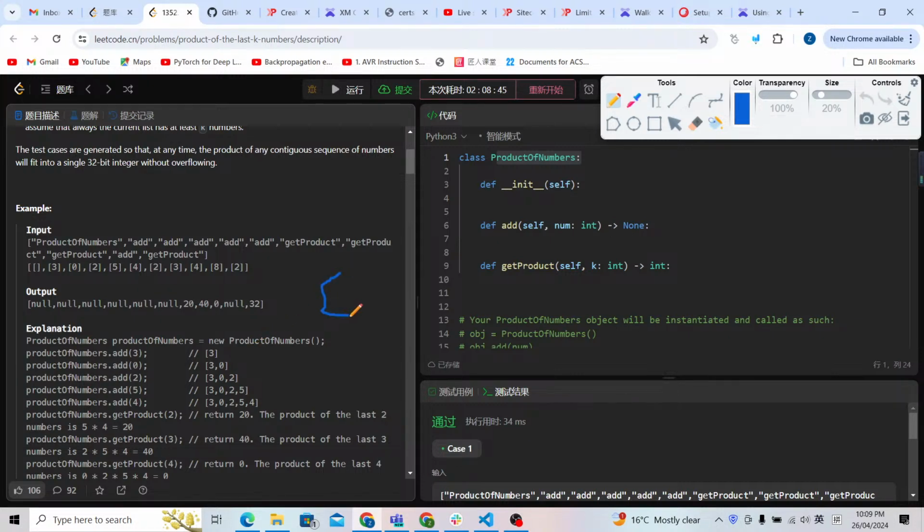For an array, if there are no zeros, it's going to be easy to calculate. For example, we have 1, 2, 3. We can use the prefix sum, but here we're going to use the prefix product. It's going to be 1, 2, and 6. So 1 times 2 is 2, and 3 times 2 is 6. If we want to get the last two numbers, if k equals 2, we can calculate it easily. We can just use the 6